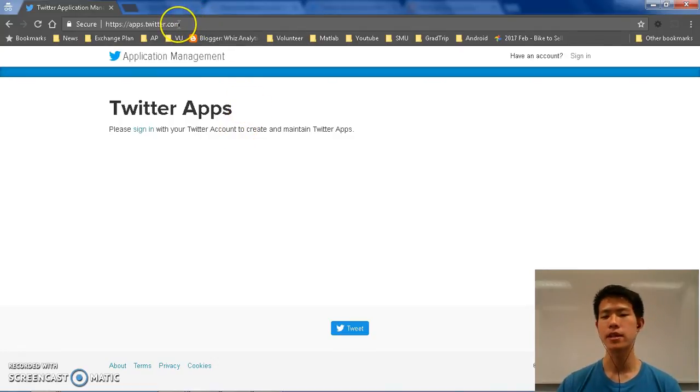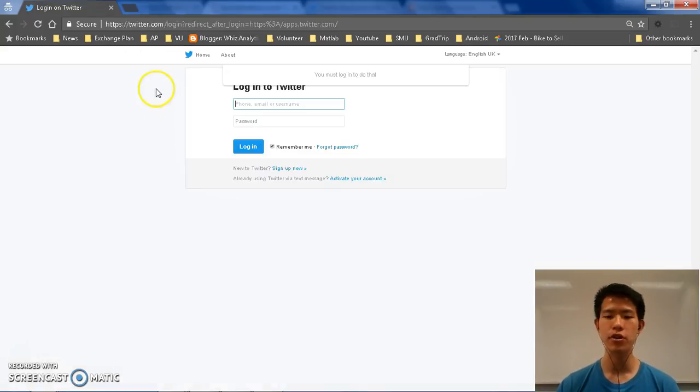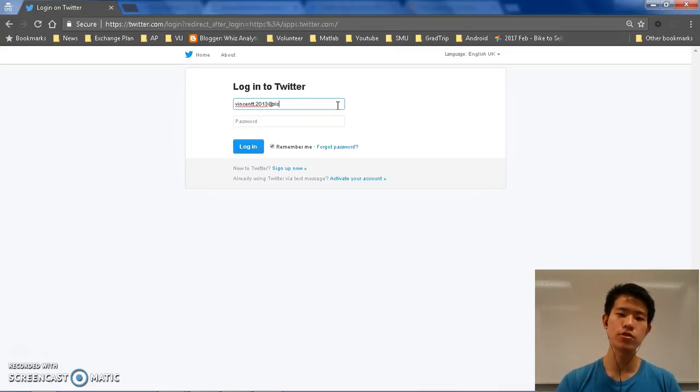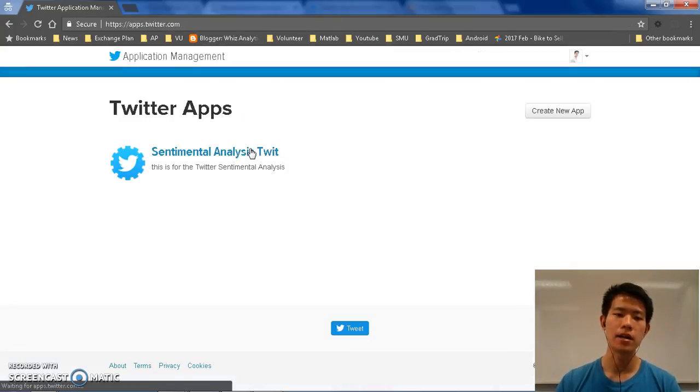If I open this, I'm sure this is what you will get: it will ask you to sign in. But if you have already signed into Twitter using your laptop or notebook, then there should be no problem at all. Just put in your Twitter account. If you don't have one, there's a sign up now link here, so it's very simple. This should be my Twitter account, and there you go, Twitter apps. You should not have any at the moment because you haven't created an app,